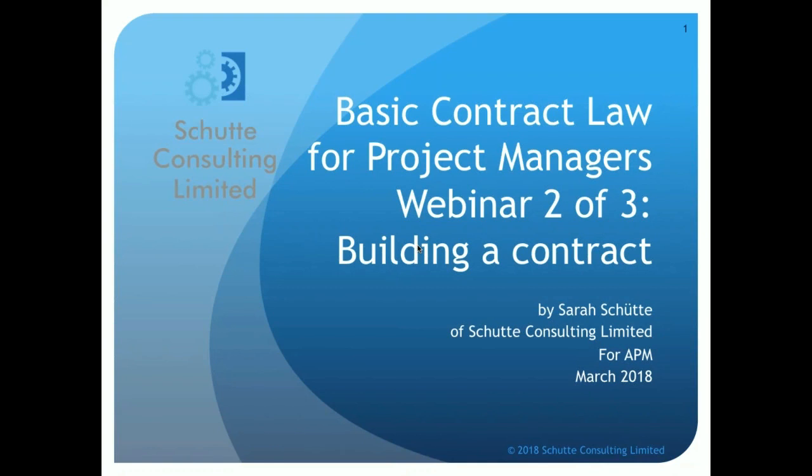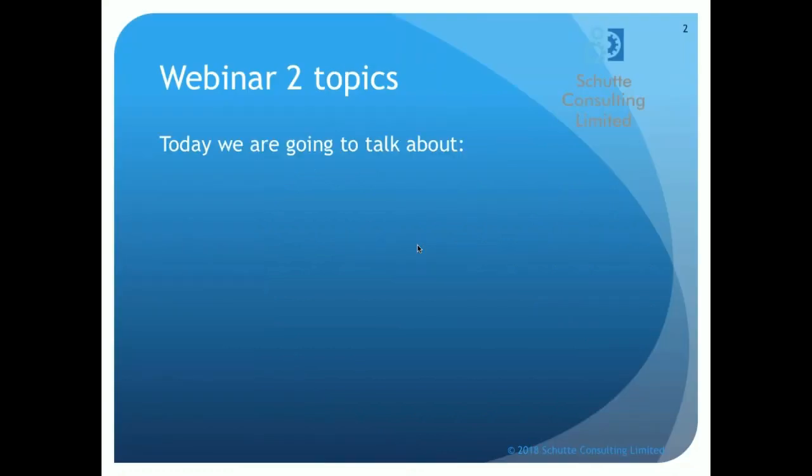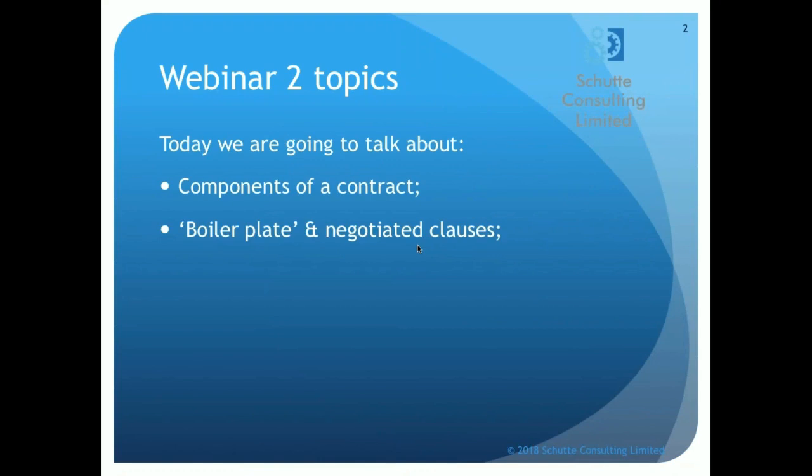This time we're going to be talking about building a contract. So the topics we're going to cover today are these. We're going to look at the components of a contract, how you structure it and how it's made up. We're going to look at boilerplate clauses and negotiated clauses, and I'll explain the difference between those two at the relevant time. We're also going to talk about how building a contract relates to and impacts and is impacted by risk